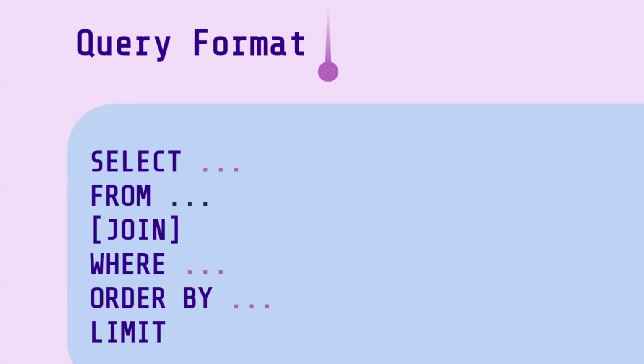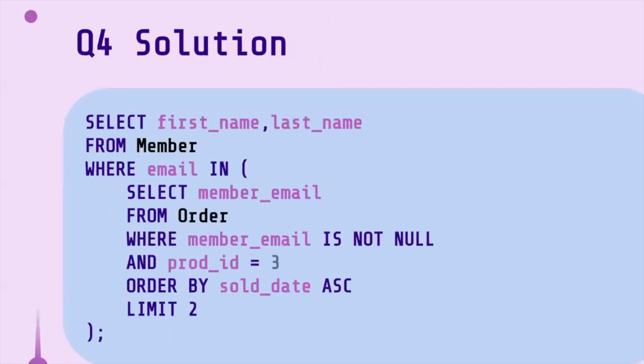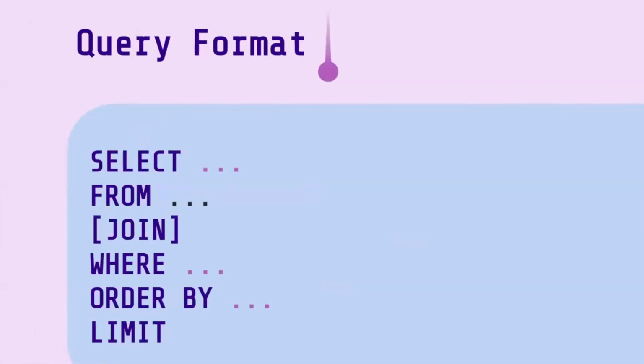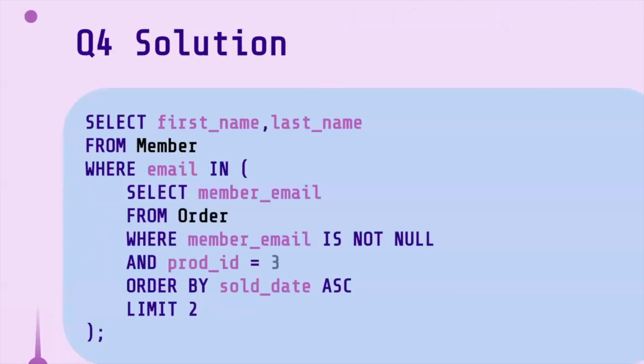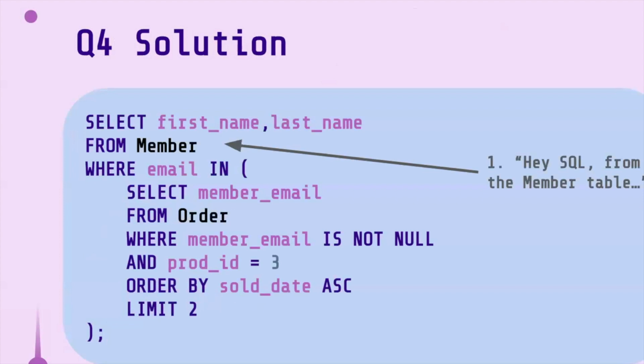Okay, we're just gonna start going over the solution. So obviously, nice and complicated subquery. To just kind of reiterate the question first, we wanted to name the first two members that purchased our product, women's biker shorts. So that's product ID 3. So the first thing that we want to do is say, okay, from my member table, and then we want to have a subquery that says, okay, where the member was one of the first two people